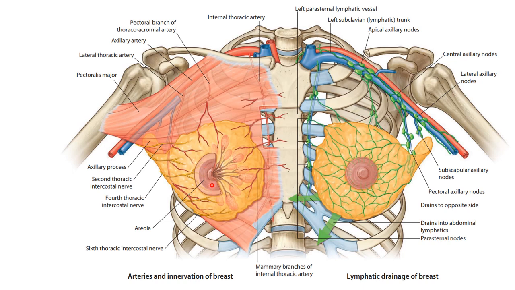The venous drainage is parallel to the arterial supply. Eventually it follows the medial branches medially to the internal thoracic vein, and it also drains back to the axillary vein, or it follows the branches of the intercostal arteries to be drained into the intercostal veins of the second to fourth intercostal spaces. Lymphatic drainage is the most important subject of the breast